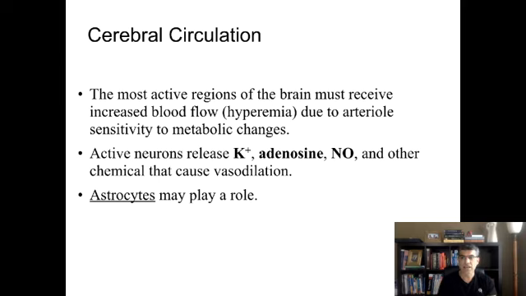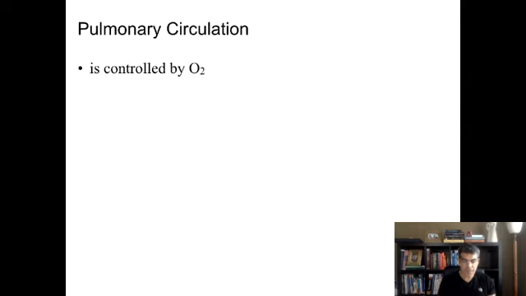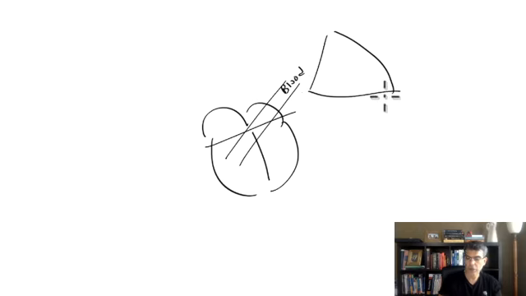And lastly, remember, astrocytes are glial cells that also can control blood flow to a specific area of the brain. That is going to bring us to pulmonary circulation. Here is the heart, and here is the pulmonary artery. The pulmonary artery is going to bring blood to the lung for oxygenation. So this blood has low oxygen. It's going to come to the lung to get oxygen. The lung is going to give oxygen to this blood, and then blood with oxygen is going to come back to